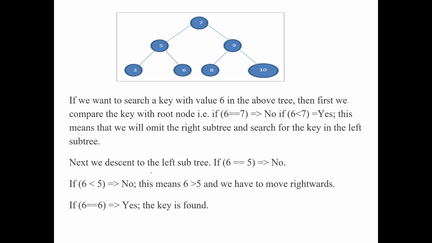Next we are going to see search. Searching is very easy. In a binary search tree it is easy because the left subtree holds smaller values and the right subtree holds greater values. So first I'll compare the node that I'm going to search. If 6 is the node that I'm going to search, I'll compare with the root node. I'll check whether it is greater or lesser than the root. If it is lesser, I'll go to the left subtree. If it is greater, I'll go to the right subtree. 6 is smaller, so I'll go to the left subtree.